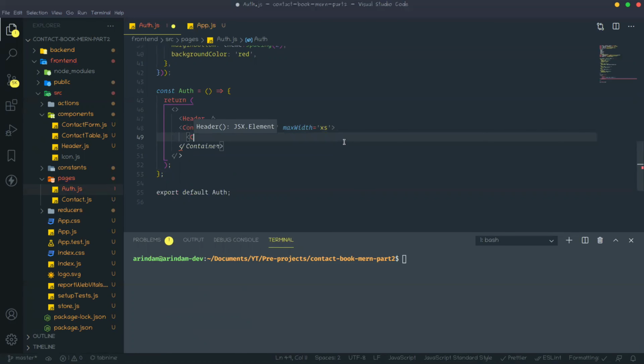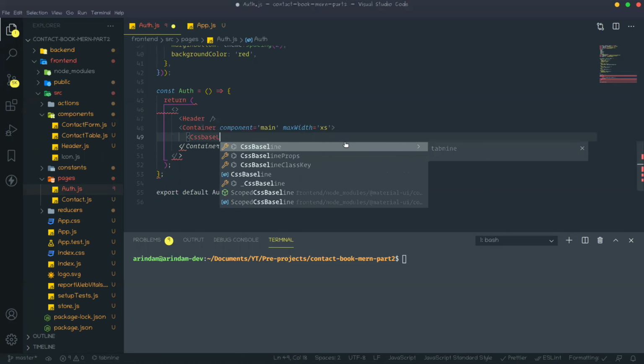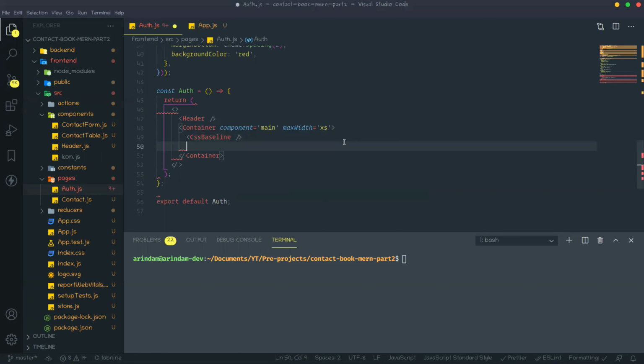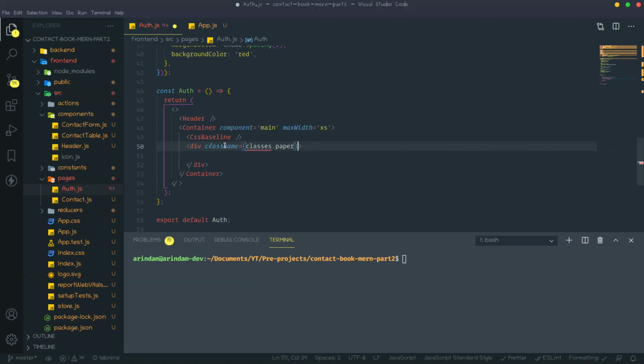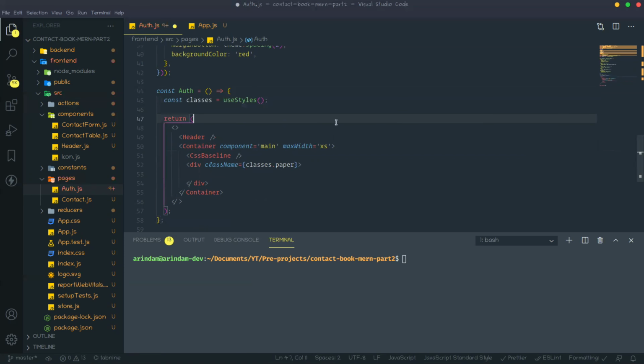So in this container, bring CssBaseline, and then we need to create one div with className equal to classes.paper.